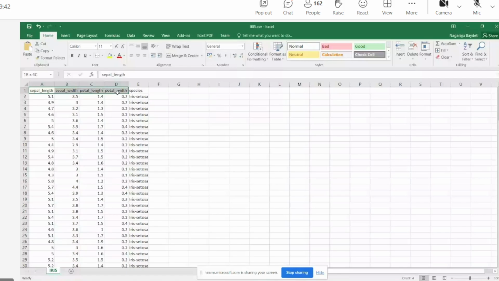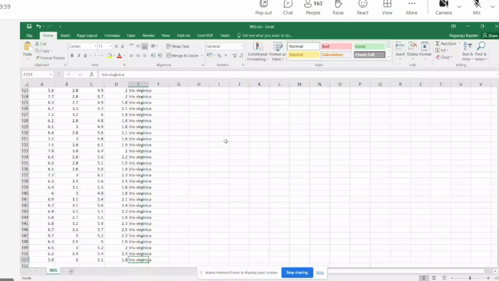This is a flowers data set, a very common one, iris flower. Based on the sepal length and width, and petal length and width, the species is defined as iris setosa. If you come to the end, you can see there are some more values, virginica, and some more values, iris versicolor.